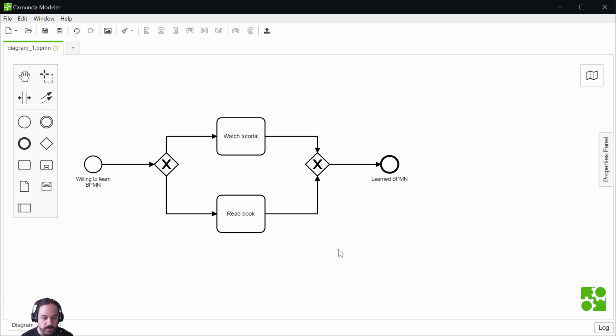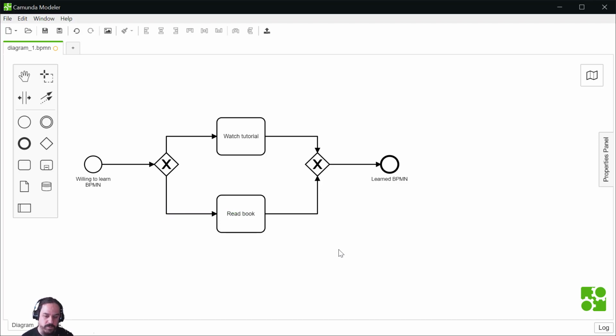Okay, so now we have a token that we will create on the inputs, and the token will match the first gateway. There is a decision point, and according to the decision point, let's say the token goes to the bottom row. So you decided to read a book.